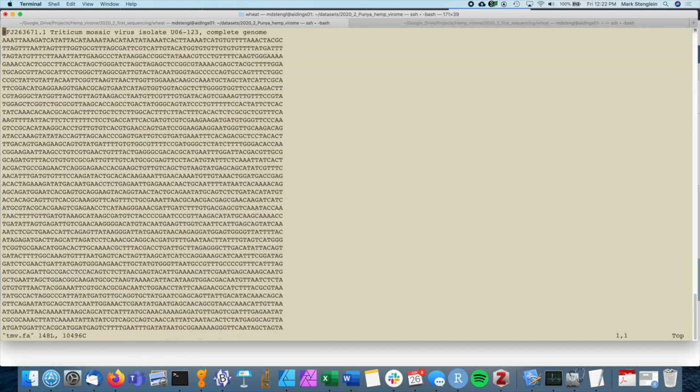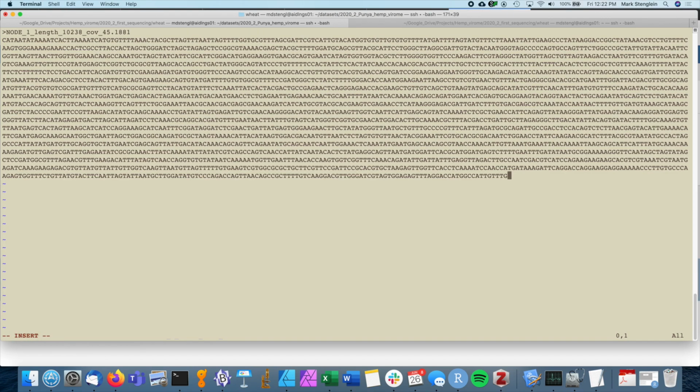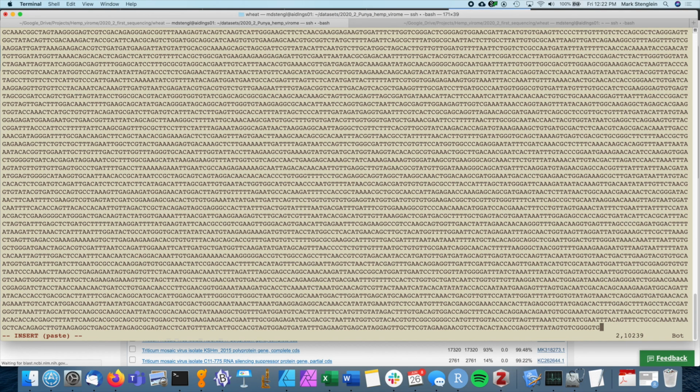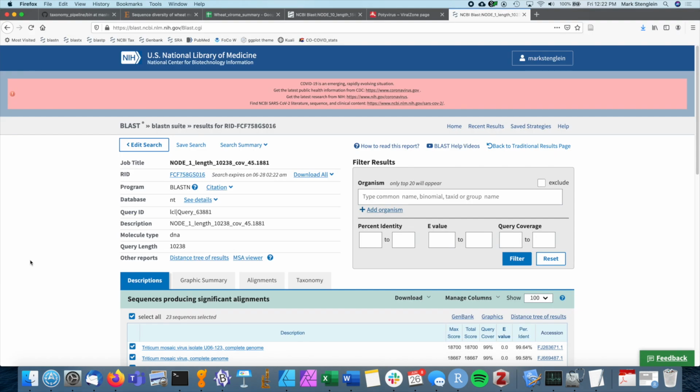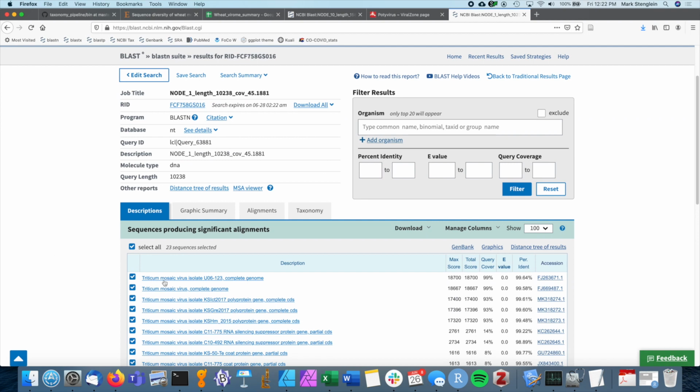I'm also going to paste this sequence into a file called tmv.fa. Let's do one thing at a time, I'm getting a bit ahead of myself. Okay, so here we have Triticum mosaic virus isolate, and we're 99.6%